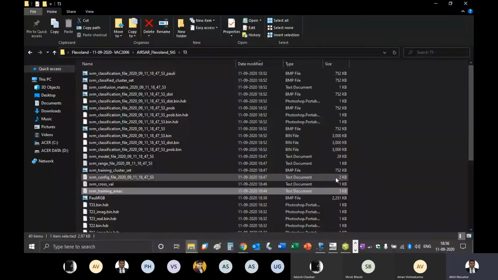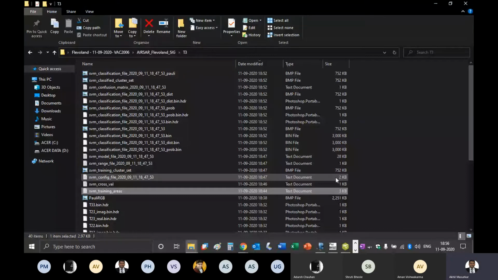Everybody might have different colors because you might have given a particular class first, so your classified image might have taken a color first. That doesn't matter. Have you all identified these two files, SVM confusion matrix and SVM training areas? If yes, then just put a yes in the chat box. Okay, others? What about others?